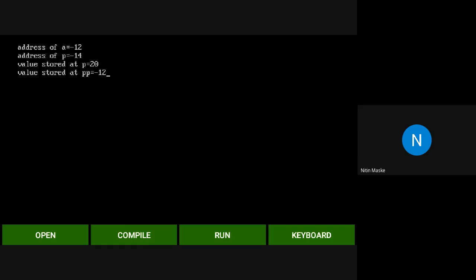You can see the first and last output is same. Address of A is equal to 12 and last statement is also value stored at PP is 12. Why is it so? Because you are printing only star PP. So that's why it will print the address of A. We want the value stored at that address. Okay, so for that purpose we need